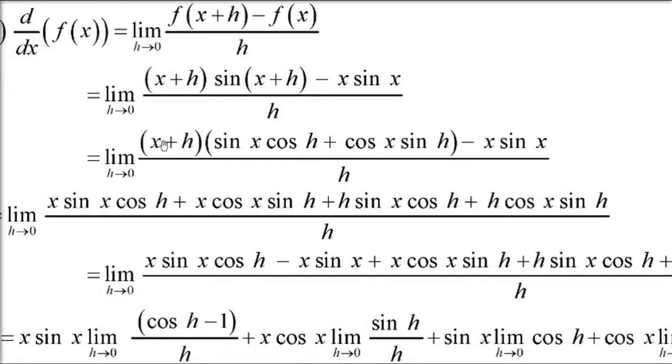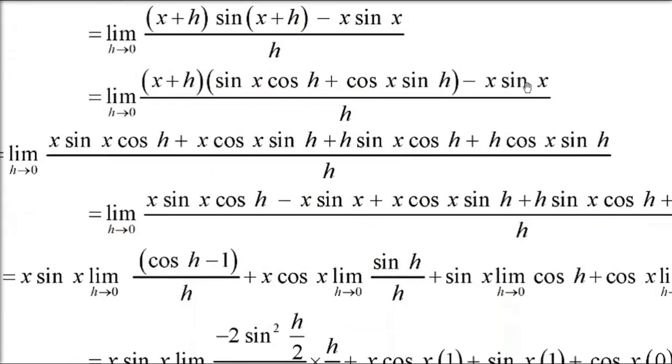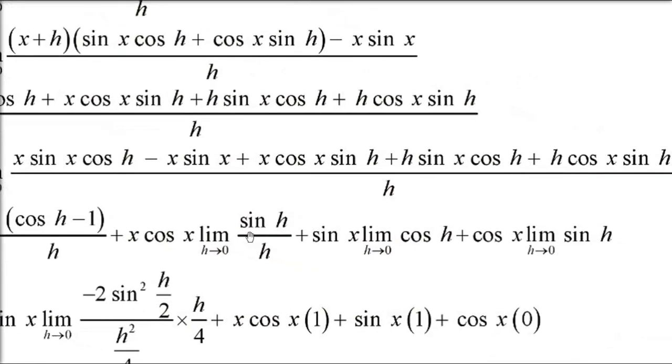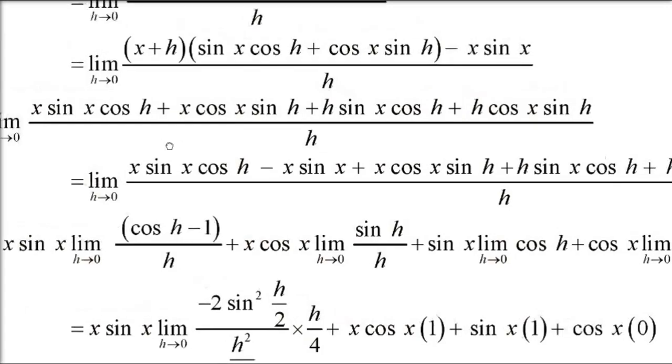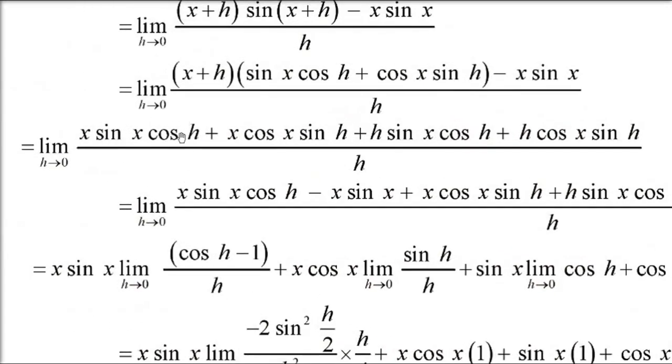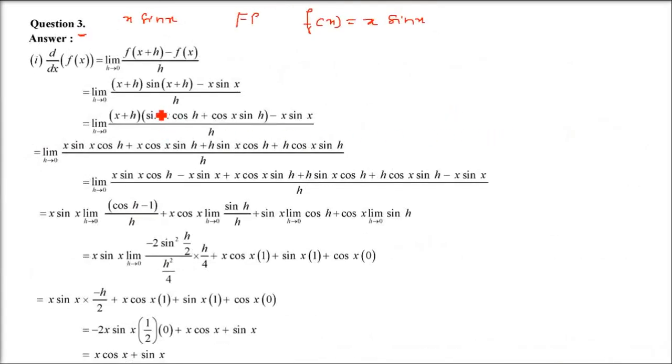Now multiply it with x and with h, that means you have to multiply these two terms, x plus h and the sin cos term. Now x sin x is already there. Now what do you get here? Okay, so how do we get something which we can solve, or for which we have a formula to work upon? So here always remember this x sin x cos h is there, and there is one more thing which is minus x sin x. That has come after multiplication.